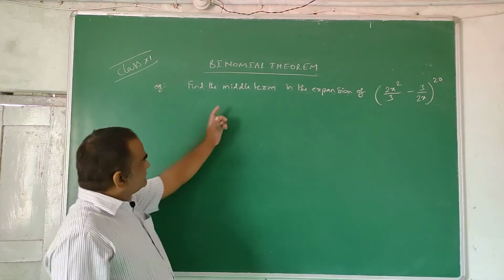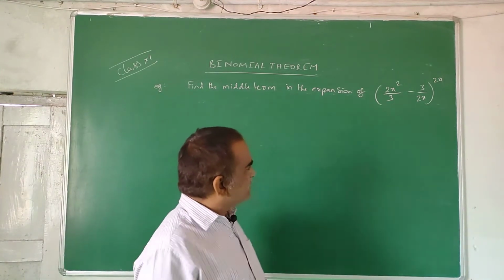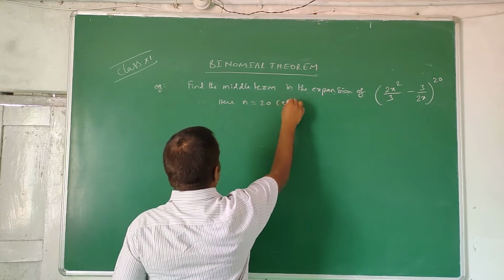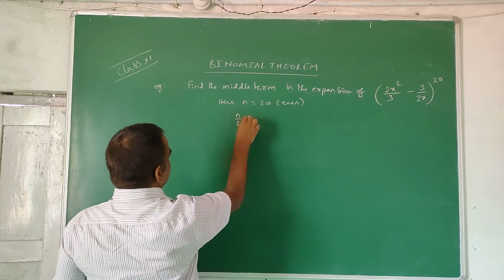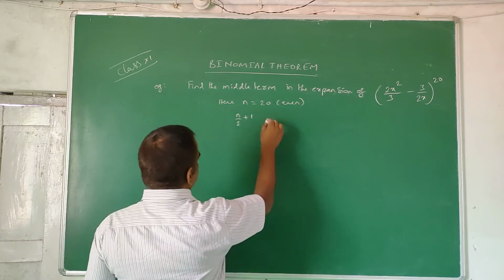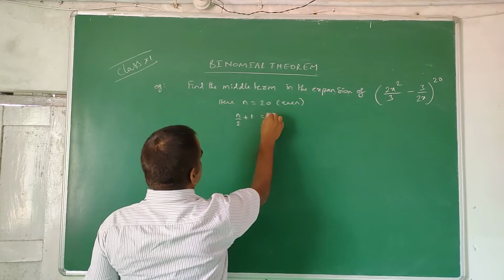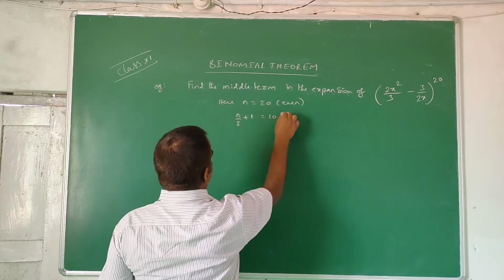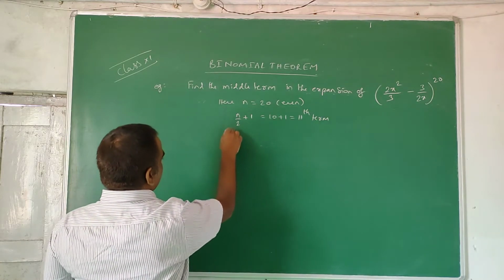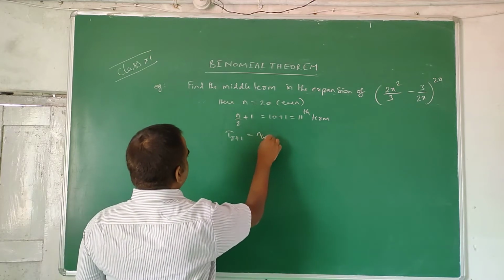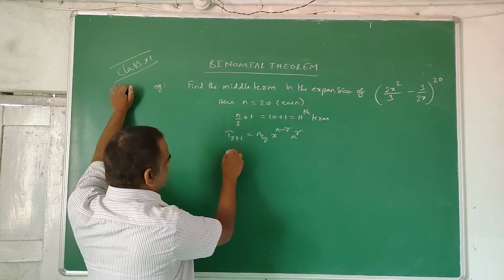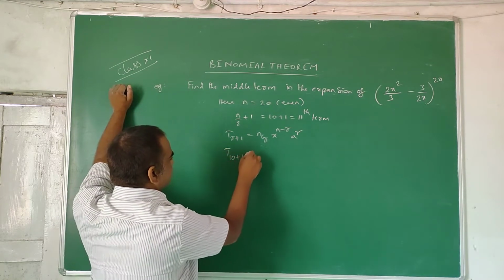Now dear students, we have to find the middle term in this expansion. Here n value is 20, which is an even number. So the (n by 2 plus 1)th term will be the middle term, as we have discussed in the previous context. n by 2 means 10, plus 1, which is 11. The 11th term is the middle term. T r plus 1 equals nCr x to the power of n minus r, a to the power of r. It is the general term. To find the 11th term, take r value 10. So T 10 plus 1 equals